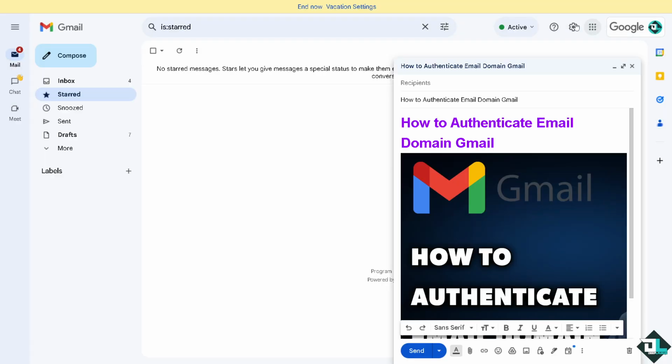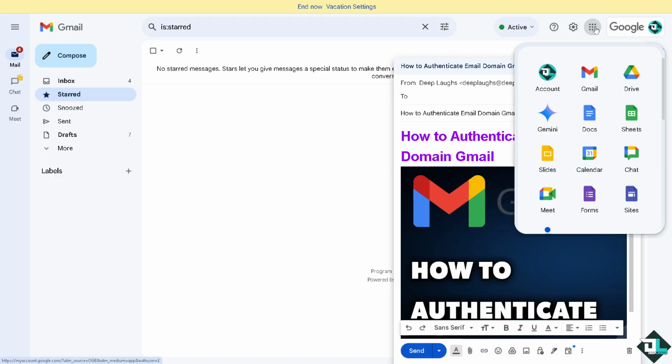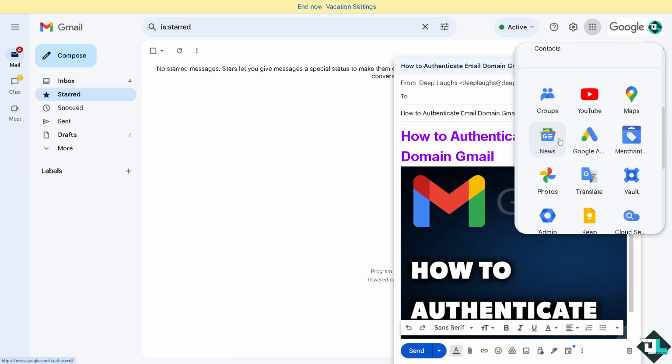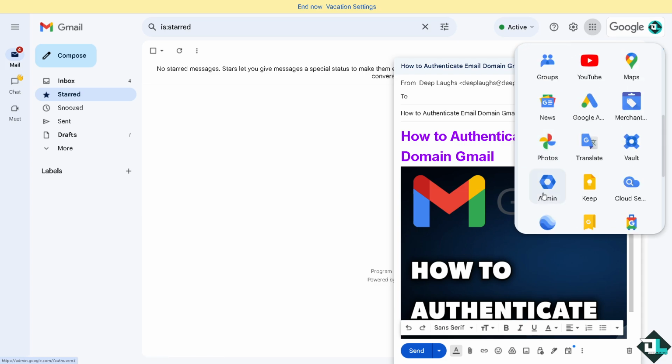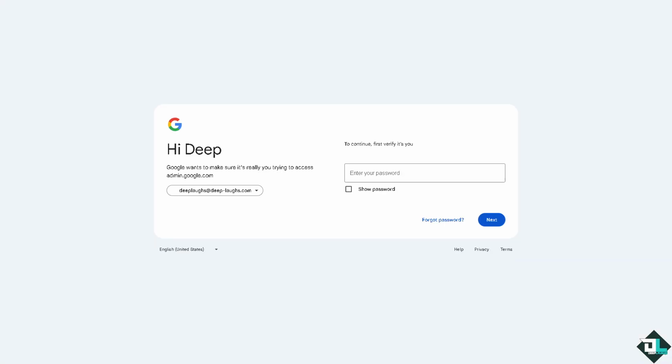Now, there are a couple of ways to do it. Number one option is I want you to hover to your admin console account. If you are in Gmail, you just have to go to the Google Apps section on the top right corner and hover to the console, which is this one. From here, the easiest way for you to authenticate